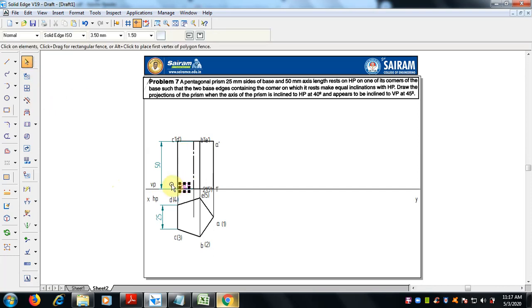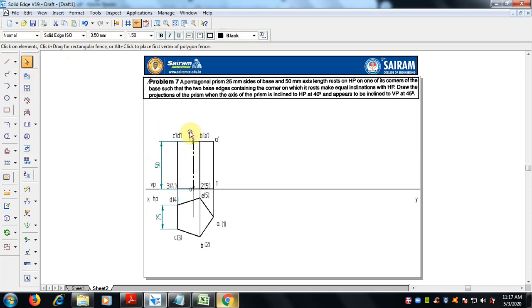Just keep this for a clear view. Okay, I hope everything is finished. And the axis now we have to mention. Here at the top we mention O dash, and the bottom O1 dash, the end point of the axis.